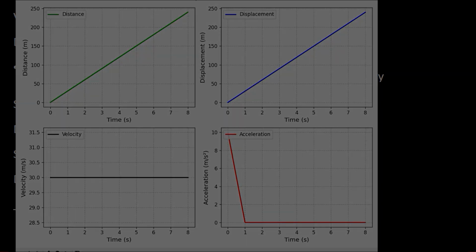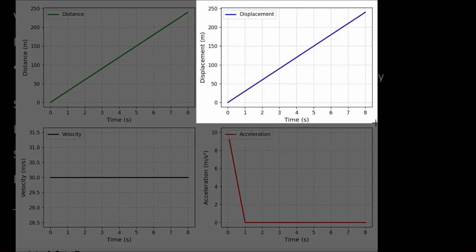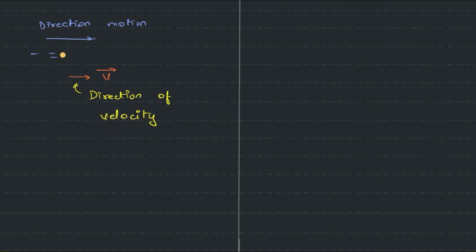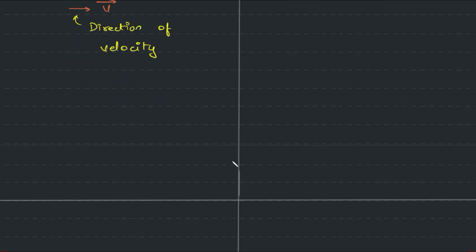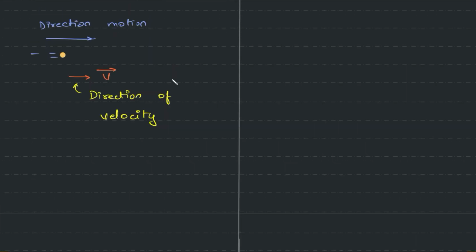Actually, let me do this again. So why is it that we are telling this is uniform, right? Let's discuss that. So we are looking at uniform velocity. So remember, the direction was also in one particular direction. Movement was in one particular direction. This is to do with direction of